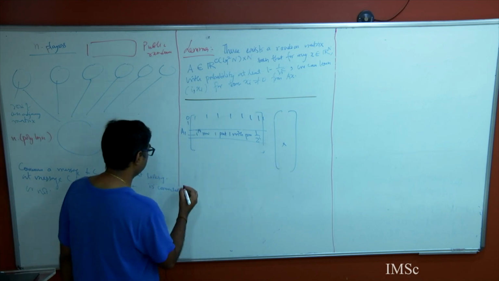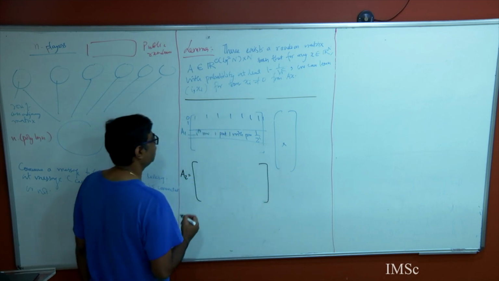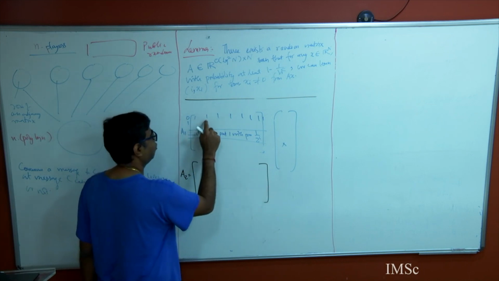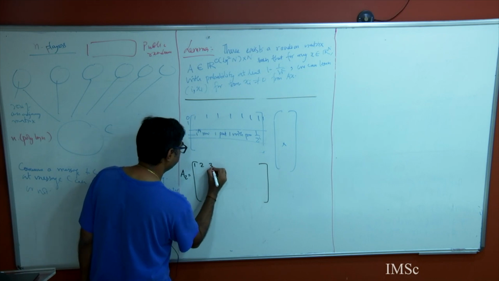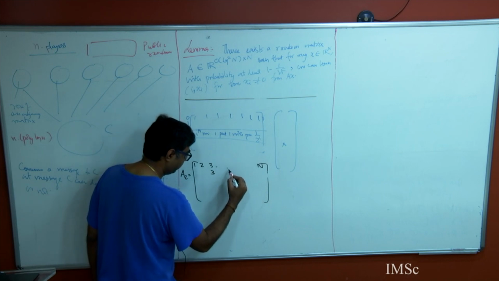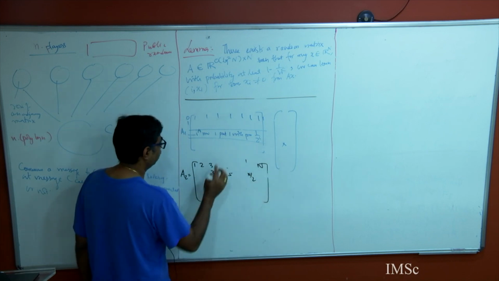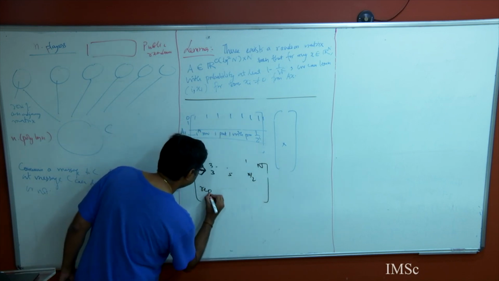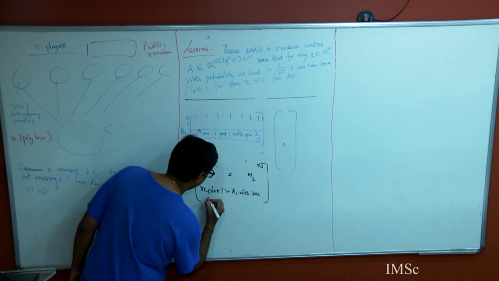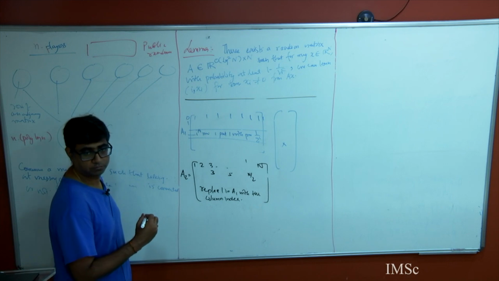So then we made another matrix which we called A2. And what was A2? I went to A1 and wrote down the column entries. For example, the 1, 1, 1 entries, I would write 1, 2, 3, dot, dot, n. If a 1 is in the third place, I will put 3. If it is in the 5th place, I will put 5. If it is in the n by 2 place, I will put n by 2, and so on. So I replace 1 in A1 with the column index. This is what we do.